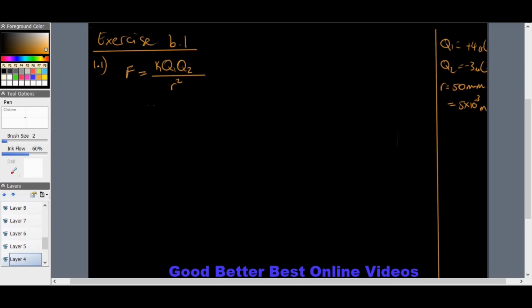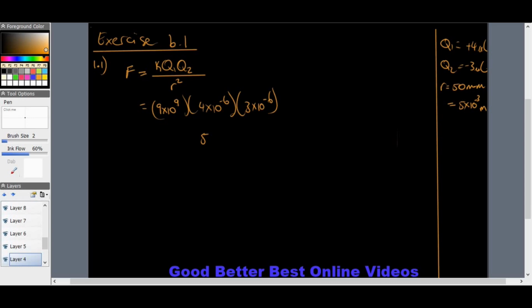And that's going to equal 9 times 10 to the 9, 4 times 10 to the negative 6, and 3 times 10 to the negative 6, all over